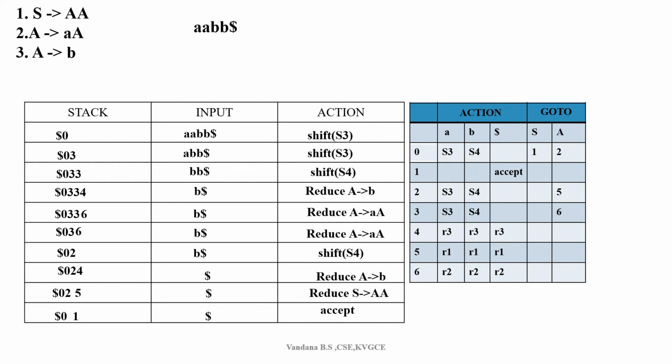That particular value in the go to table, that number has to be pushed onto the stack. If there is no entry in the table, for example, let us consider state 1 on input B. Let us consider we encounter an action such that the state is 1 and the input is B. Any entry for 1 for B? No, so it is a blank entry, right? At this time, error. It is not an accepting case, it is just an error. Clear? So this is how we use the parsing table for parsing the input from the given grammar without any confusion.